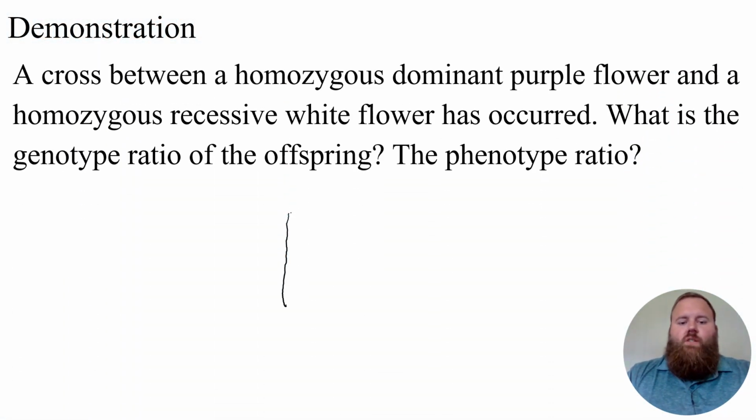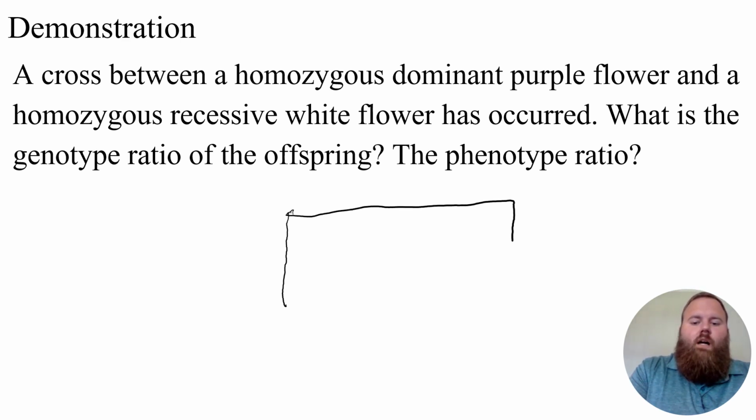Let's look at a demonstration. A cross between a homozygous dominant purple flower, meaning two capital letters, and a homozygous recessive white flower has occurred. Homozygous recessive meaning two lowercase letters. What is the genotype ratio of the offspring? The phenotype ratio? So we're going to look at an example real quick of how to set up your Punnett square. The first thing you're going to do is make a box